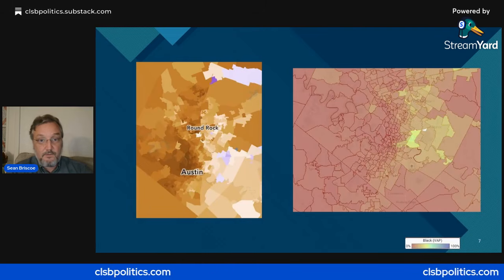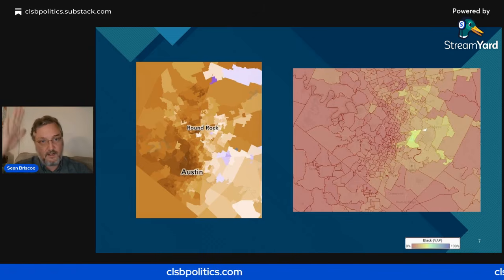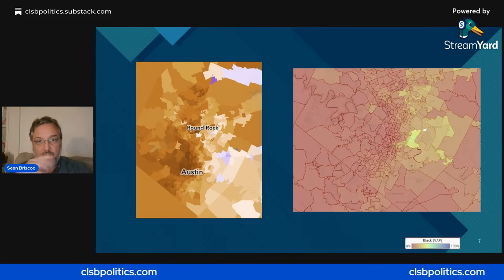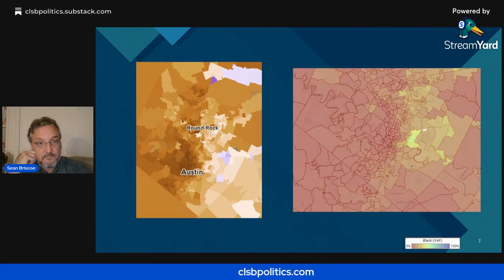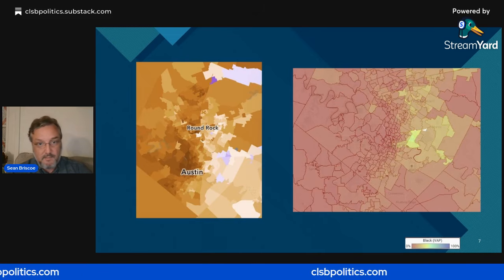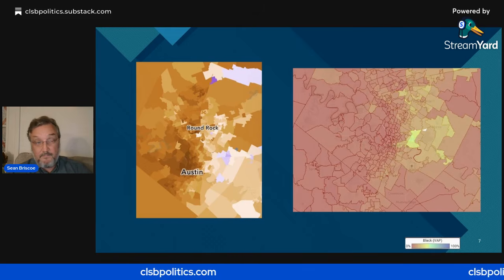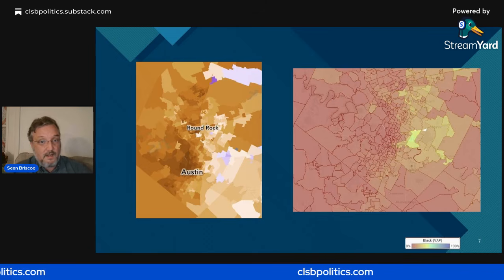So then I thought we could move to Austin, although in the turnout map, I have Round Rock in there as well, because I just want people to understand that it kept on going north. This is a demographic breakdown of Travis County. As you can see, on the far right, you do get a little bit lighter. It's not 50% African American, it's quite a bit less than that, but they're there.